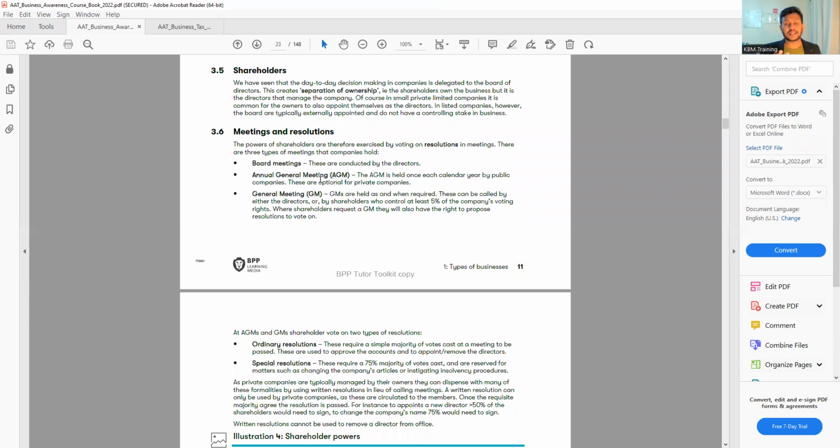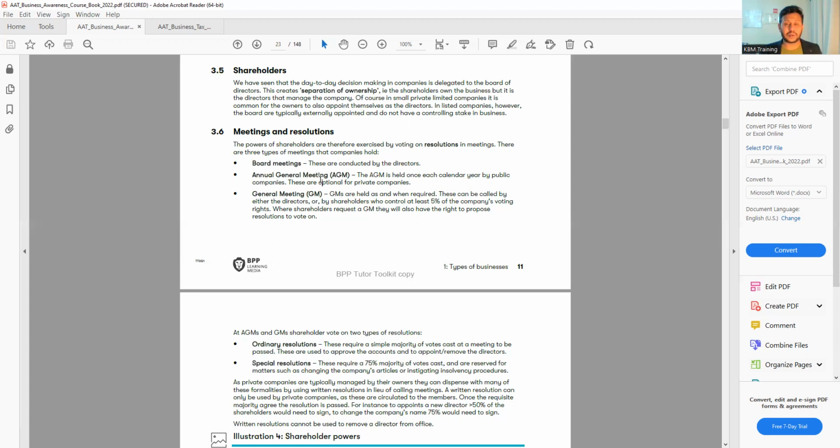This one happens once a year. When the AGM happens, all the shareholders go to see the directors, the auditors and the accountant. At that time, the director has to say, that's how I run the business, that's the reason we made a profit, that's the reason we made a loss. They have to explain everything on the stage, and the shareholders will be sitting like the audience. Now, if the shareholders are not happy with the directors, they can hold a vote and remove any director they like. So they can decide whether you will stay or not. They have the power to remove directors,